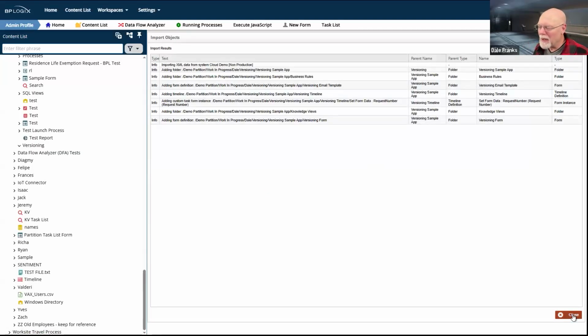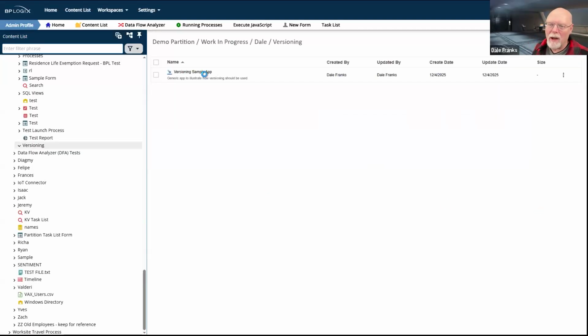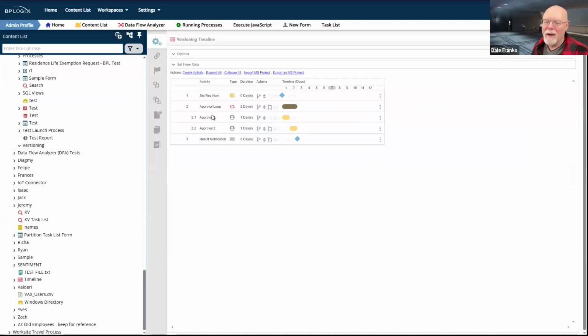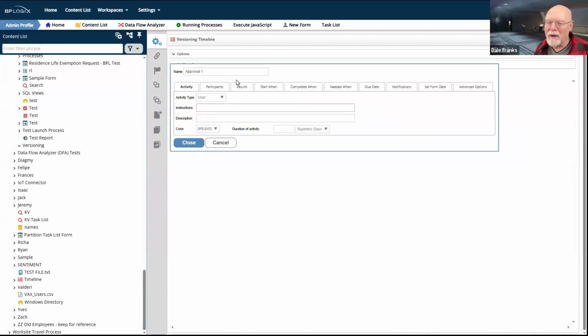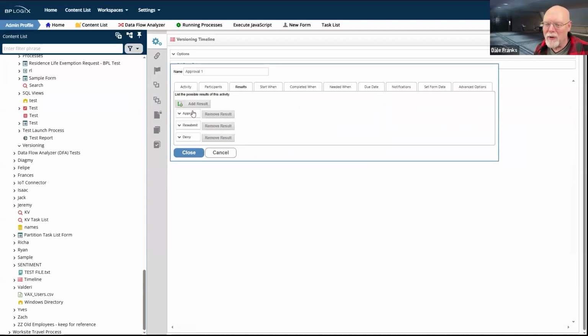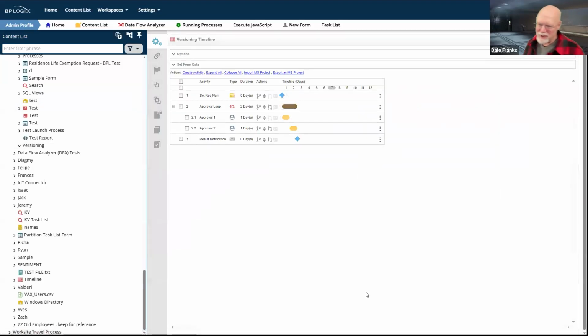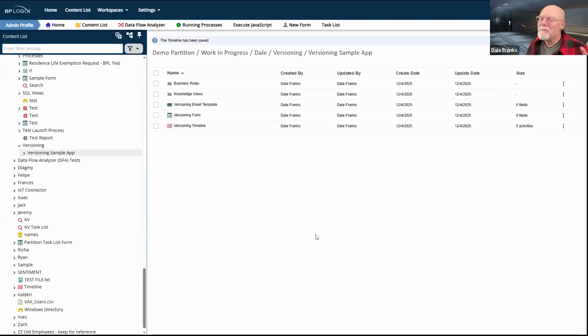So then I'm going to come back over here and I'm going to go into dev and open up this timeline, go to approval one, grab that approve result, and I'm going to click default result there. And I'm just going to do the same stuff on both machines and hit OK to save it.